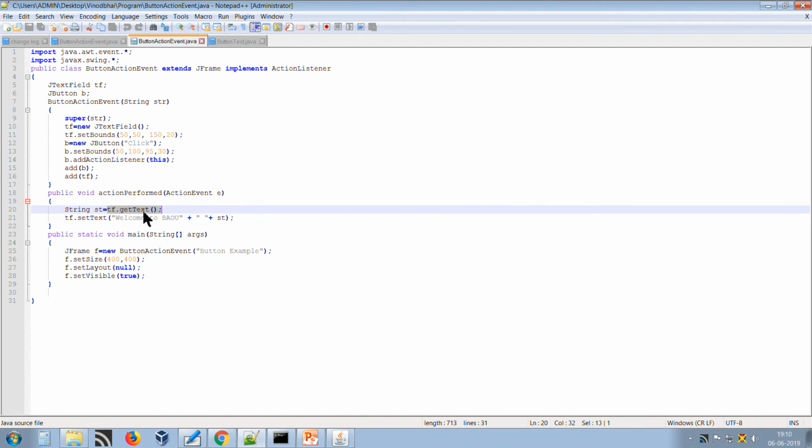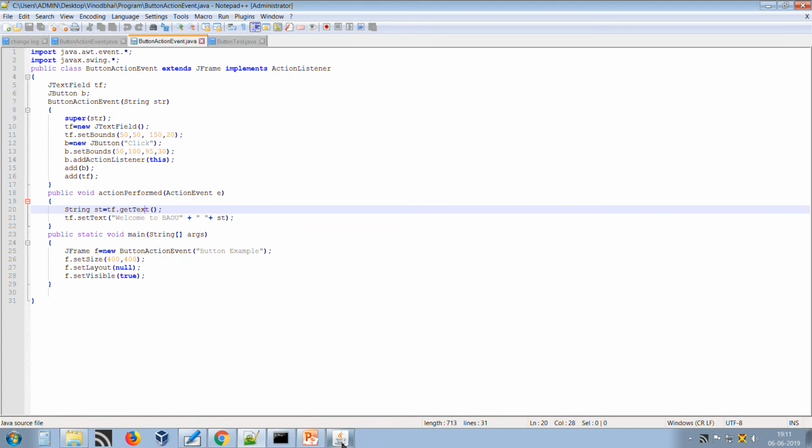So ultimately, when we click on the button, it simply notifies the registered listener, and the registered listener invokes its method actionPerformed, and the actionPerformed method performs the task of getting the text from the text field and displaying it again in the same text field with the welcome message. So this is all about the action event handling mechanism.